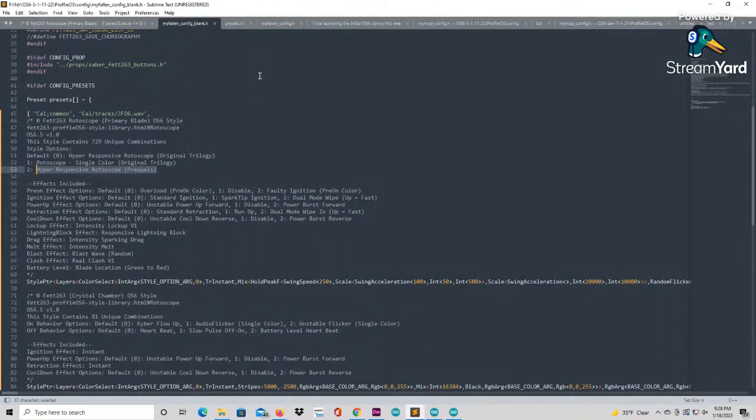And then there's also more. There's also the force and swing effects. You can have them different. You can have them disabled, etc. That's all built in now, and you're able to do it. So even if you just want to use the style one time, but you're not sure if you wanted to have a power-up effect, or if you want to toggle between having spark tip or regular ignition, or if you want to toggle between the dual mode or the regular, you can build it into the style, and then using edit mode or using ProffieOS Workbench, you can then switch it without having to re-upload,